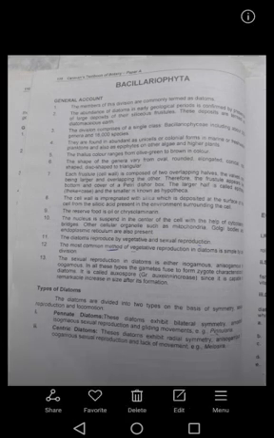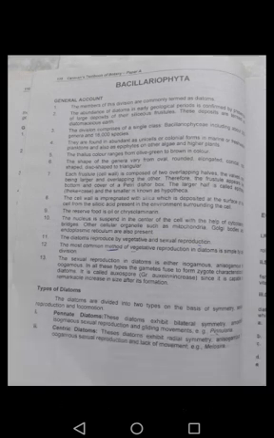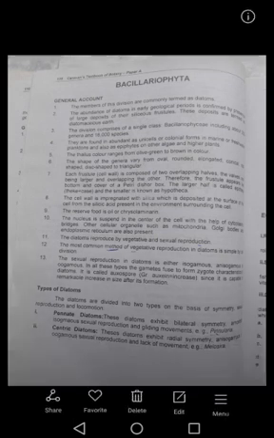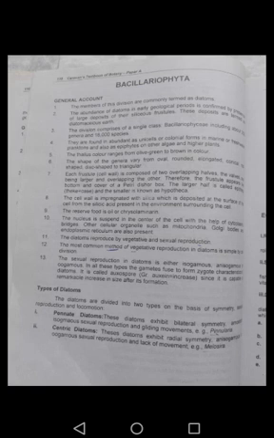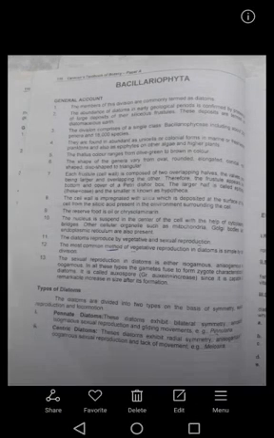Diatoms reproduce by vegetative and sexual reproductive methods. The most common method of vegetative reproduction in diatoms is simple cell division. The sexual reproduction in diatoms is either isogamous, anisogamous or oogamous. In all these types, the gametes fuse to form a zygote. In diatoms, it is called an auxospore. The Greek word auxein means to increase, since it is capable of remarkable increase in size after its formation.